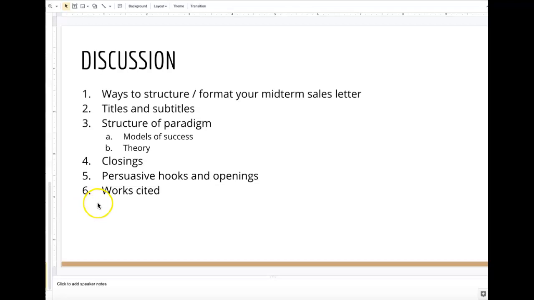All right, so just make sure that you're looking, when you go through that chapter, for ways that you can structure your midterm sales letter. Think about using titles and subtitles. I want you to think about the structure of the paradigm itself, how to close off different sections, how to write a persuasive hook. There will be a lecture on that,